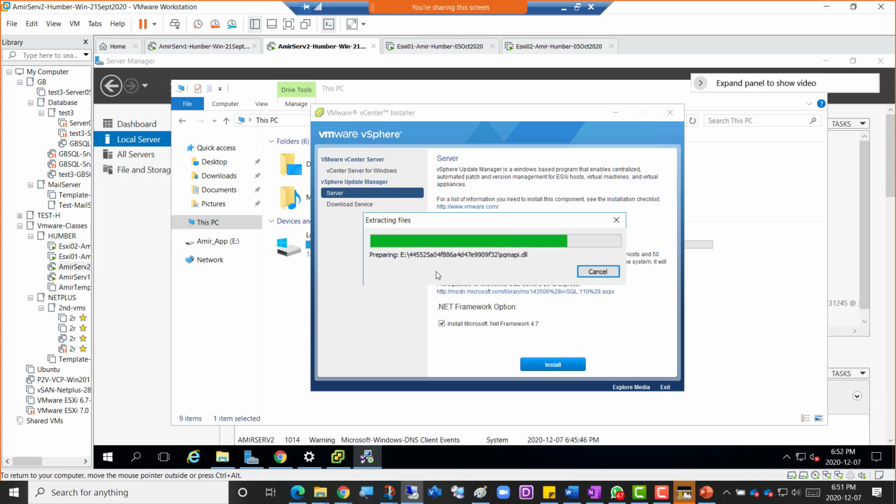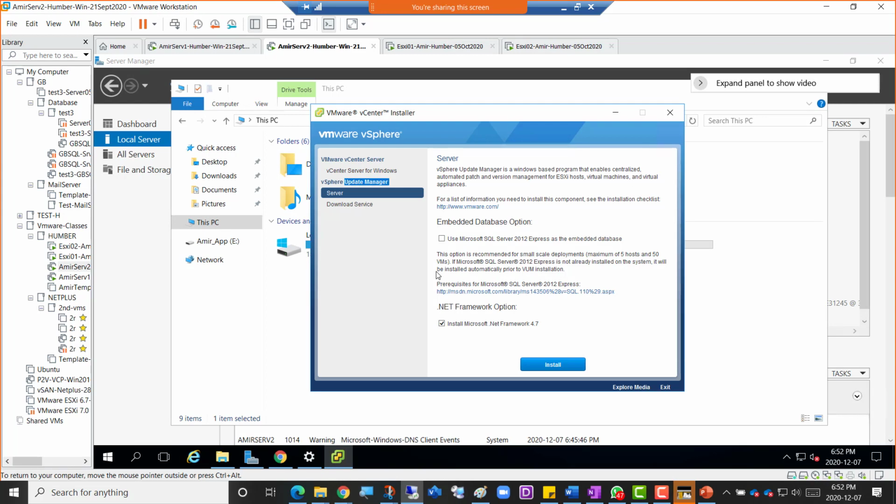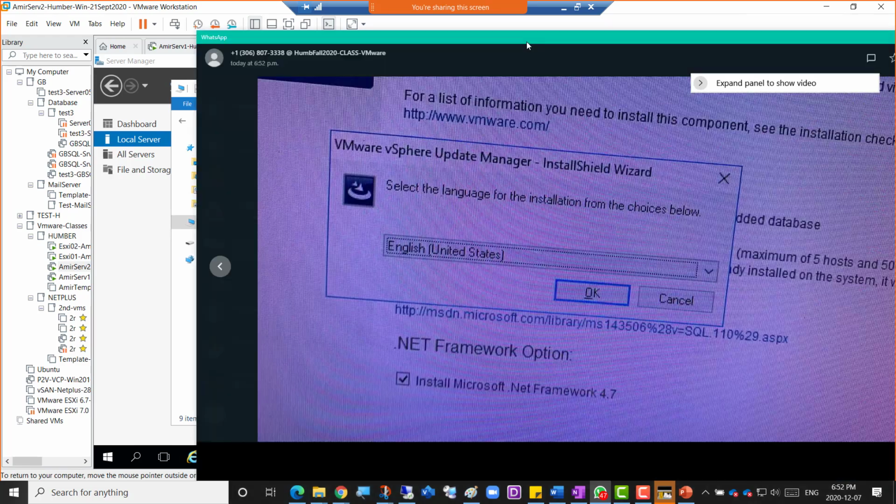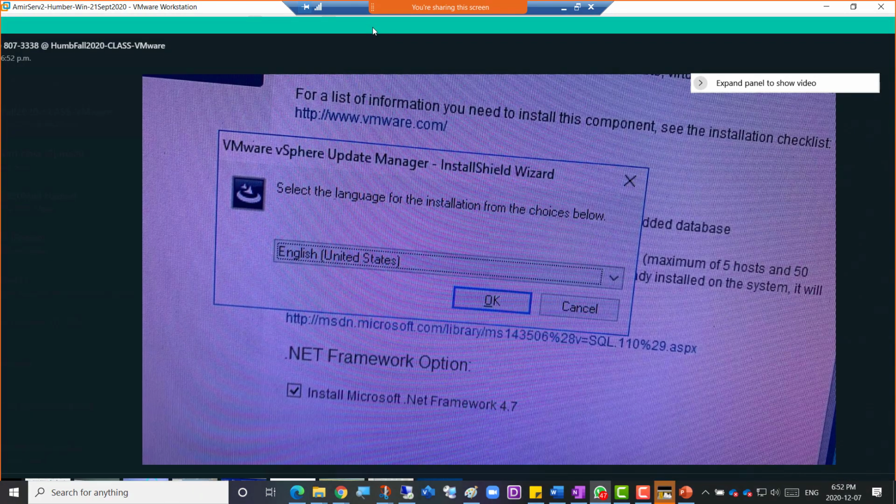First, .NET Framework 4.7 will be installed, and it will ask for a restart as well. So we're going to have to restart the server too. Okay, so it pops up here like this, .NET Framework. Wow, so somebody already sees this window, while Deepshika is still seeing that error.